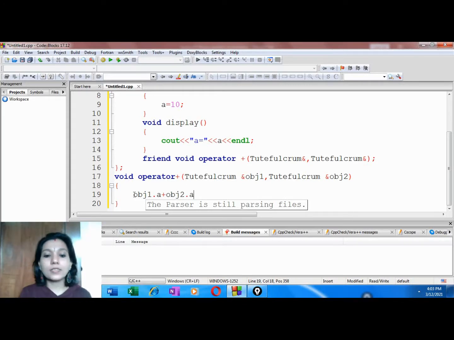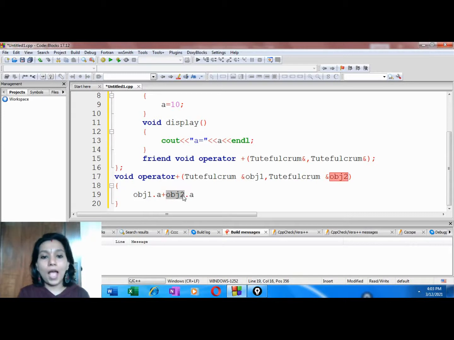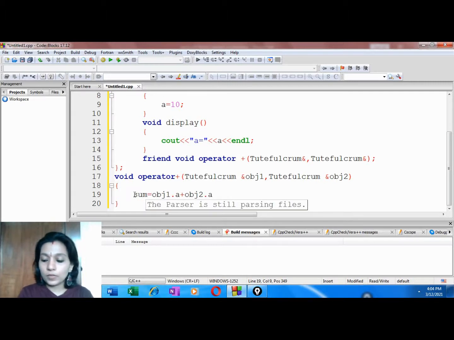So we have accessed the data member a with respect to obj1 as well as with respect to obj2, and we have added the same. Let's use a variable to store this result. So let's call this sum. So you need to declare the same.